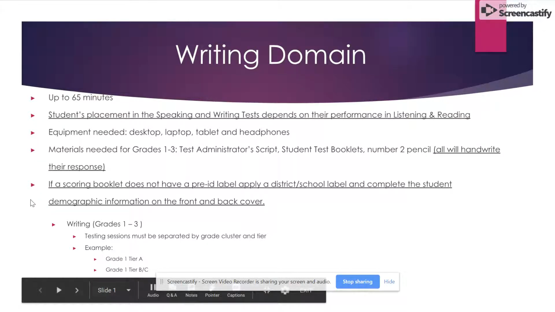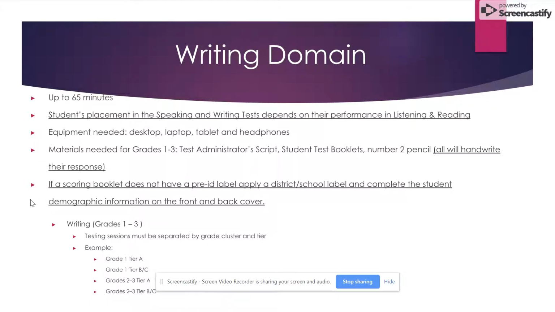Students' placement in the writing and listening tests depends on the performance in the listening and reading session. The administration of the writing test must be grouped with the same grade cluster and tier. Remember, the students' cluster and tier will depend on how well the students perform in the listening and the reading